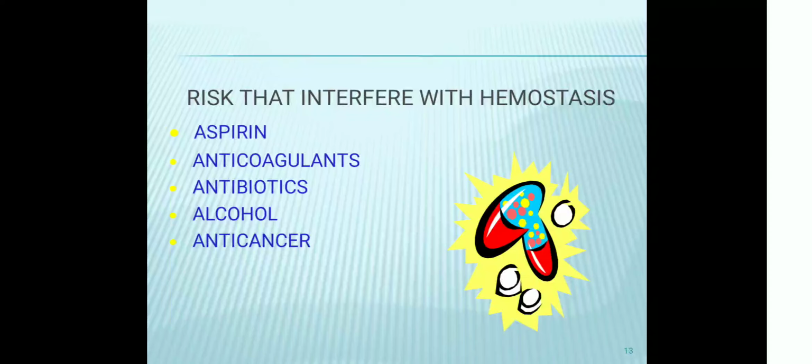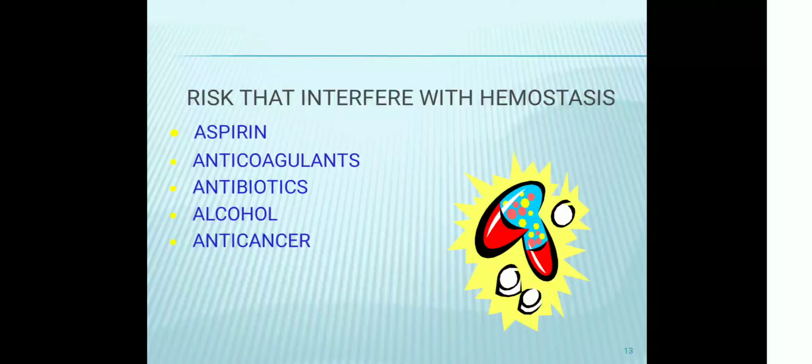Antibiotics. Now, what antibiotics should we give? We should give a safer antibiotic that will not interfere with the warfarin or heparin the patient is already taking, and moreover, we should not give an antibiotic which increases the risk of bleeding in such cases. So the safer antibiotics are clindamycin and the third generation cephalosporins. Do not opt for amoxicillin, which is the commonest antibiotic we give in a dental pain. Do not opt for that. The reason is that it interferes with warfarin. The second reason is it potentiates the risk for bleeding. So do not ever opt for amoxicillin in such patients.